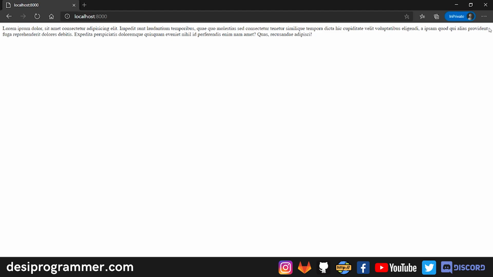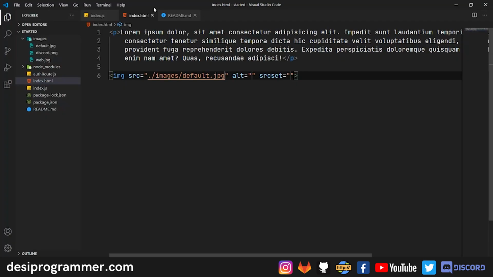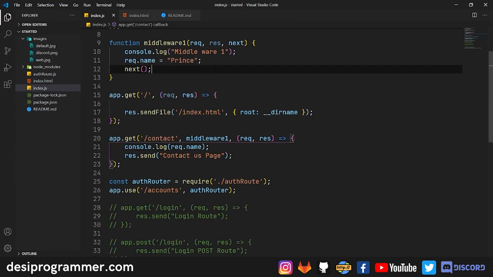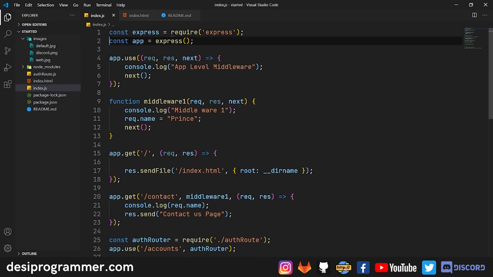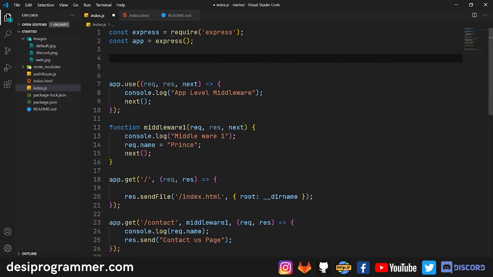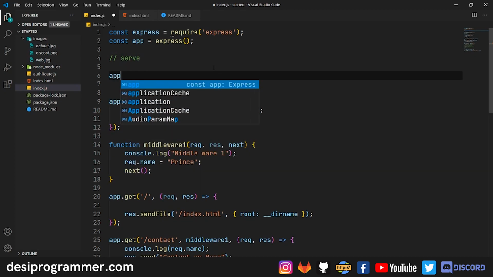Although this won't be the exact definition, most of the time all your CSS files, HTML files, JavaScript files, images, videos, icons, and SVGs will simply be treated as static files, and there is a different method of serving them. That's actually pretty simple. All you have to do is go to our index.js file, and here we have our app, that's an Express app. Normally to serve an image, all we have to do is use a middleware.